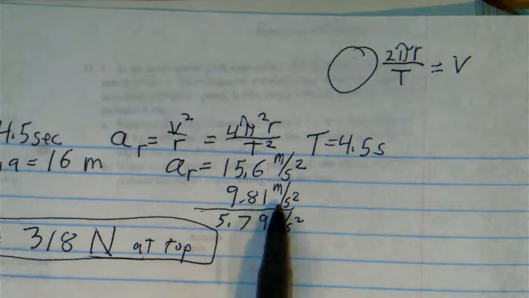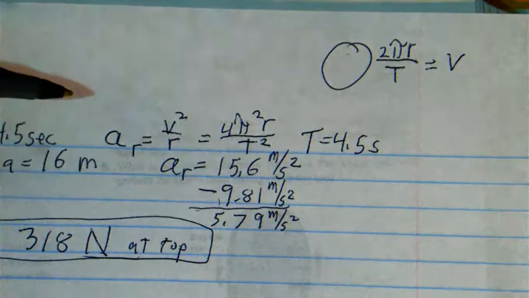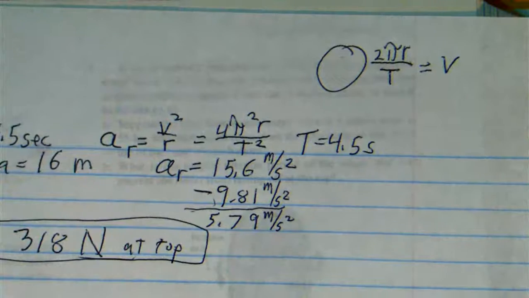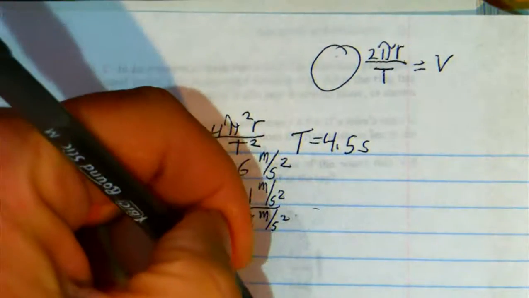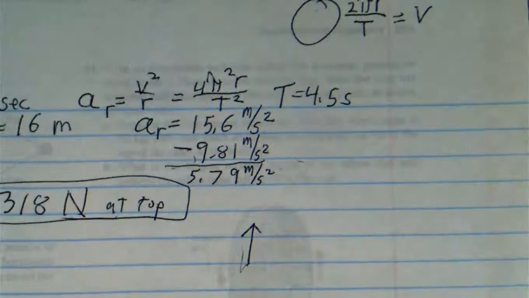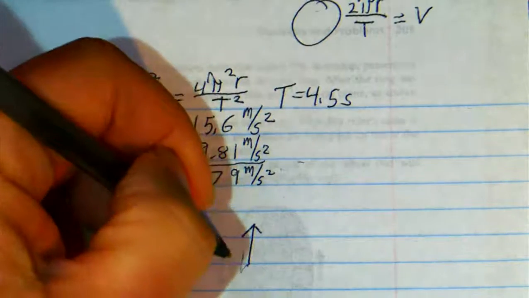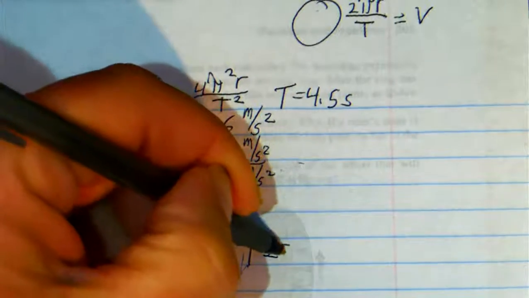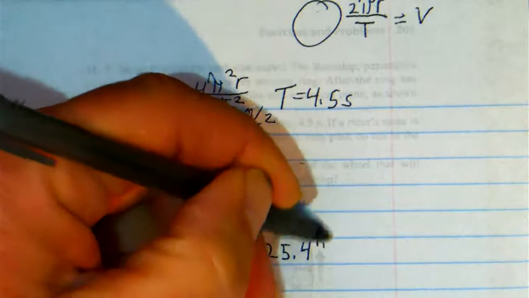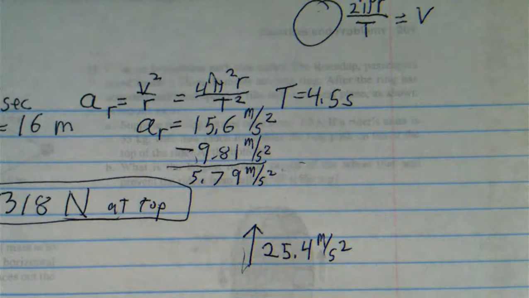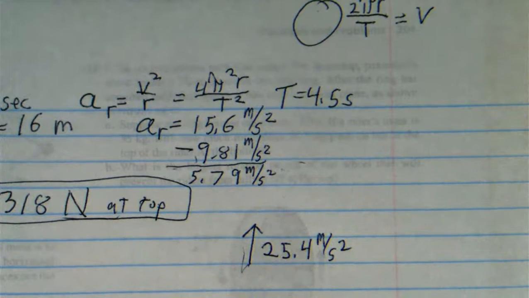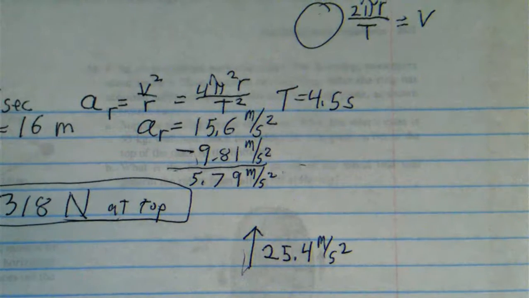So instead of subtracting gravity the way we had done before, we're going to have to add gravity. 15.6 plus 9.81 means we need an upward normal force that will provide 25.4 meters per second squared of centripetal acceleration. When I multiply that by the mass of this rider, 55 kilograms, I get a normal force of